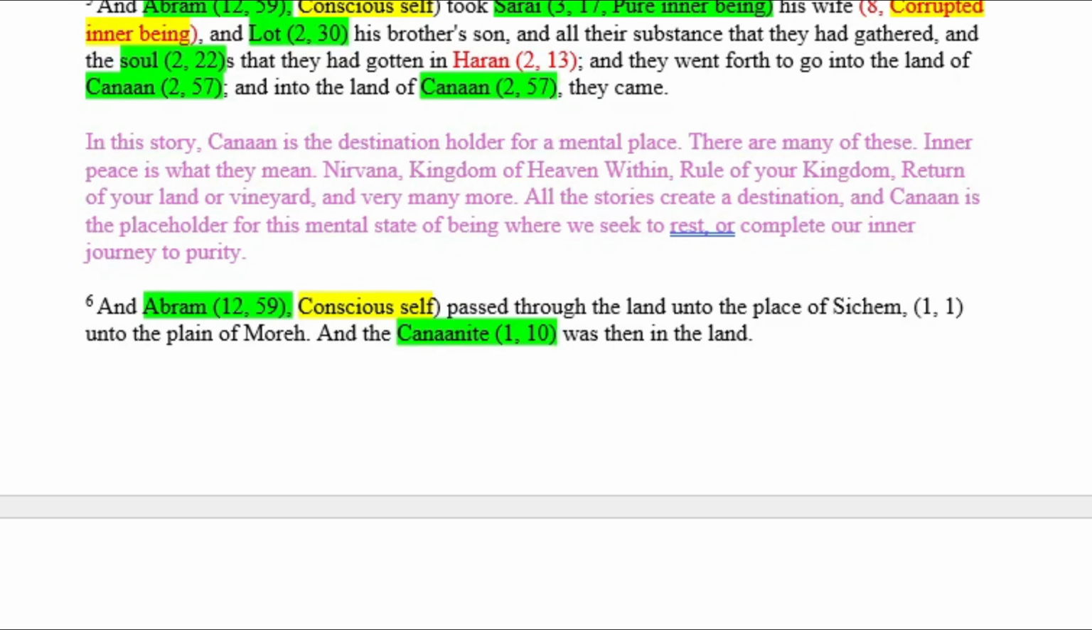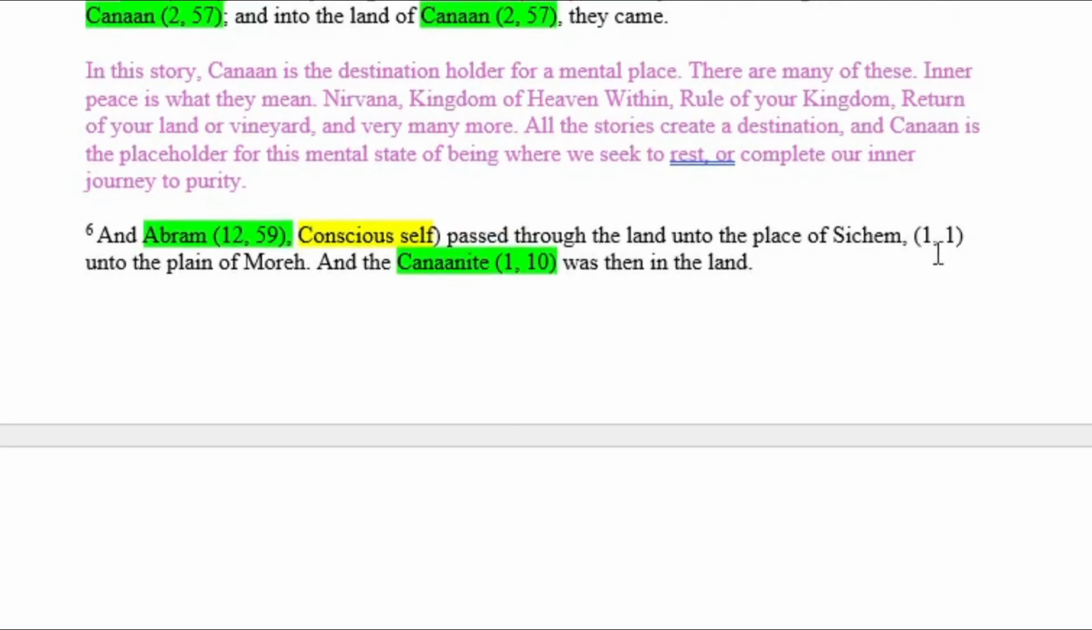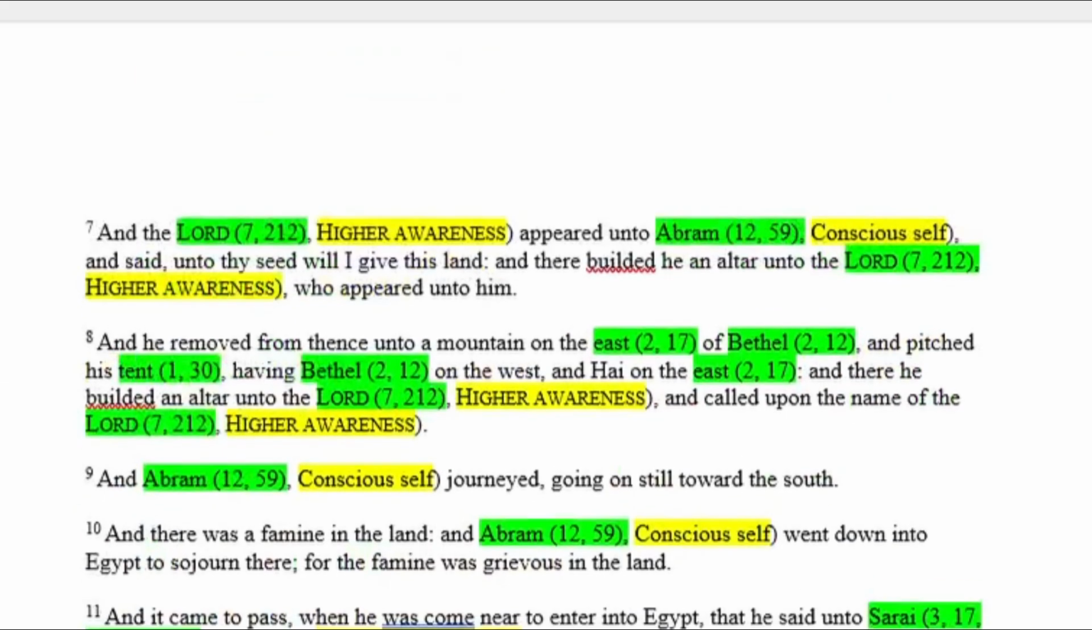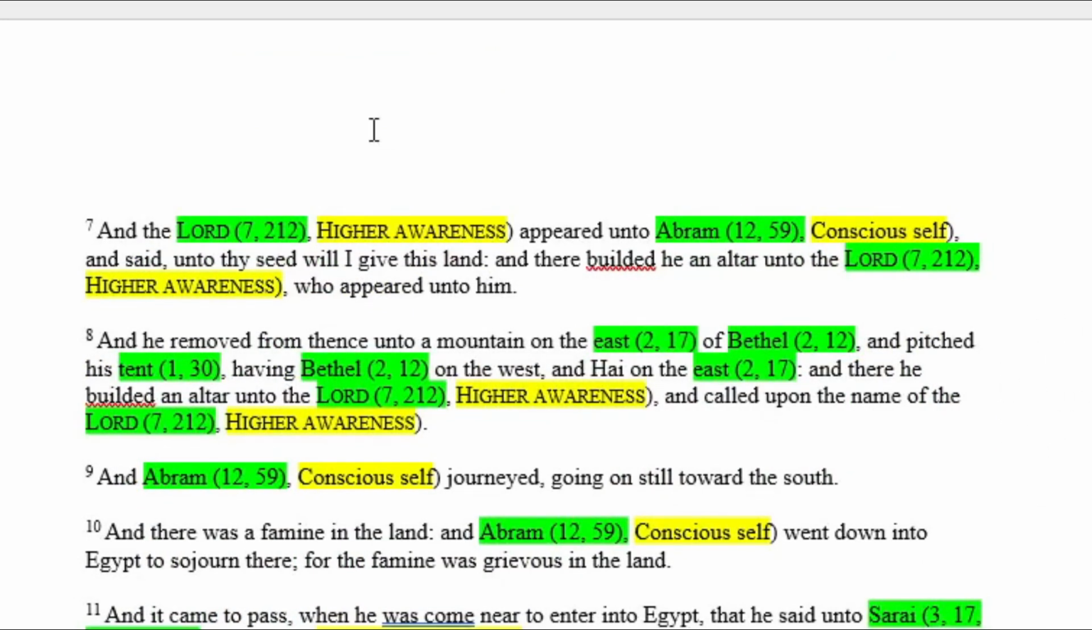And the conscious self passed through the land unto the place of Sichem and unto the place of Moreh, and the Canaanite was in the land. Let's just jump over some details and get some bigger things. I don't know all of this. So here we have the Lord, the higher awareness, appeared to the conscious self, built an altar, and